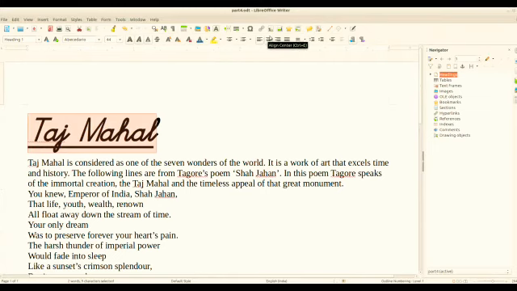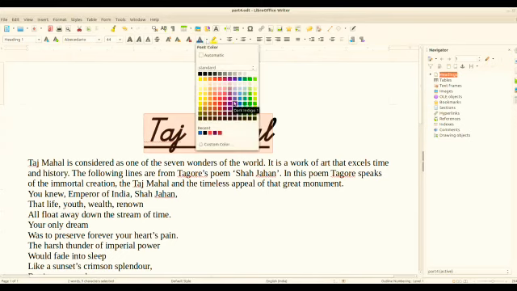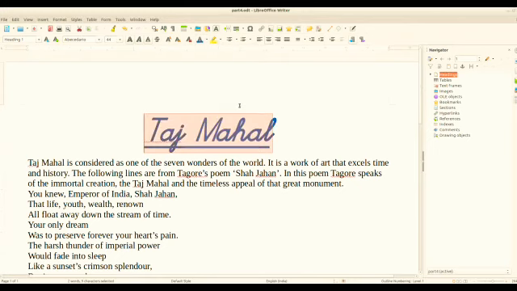Next, we already discussed the four alignment tools. By using this tool I am going to align the text as center. Next we want to give colors. Here is a font color tool. Just click here. From the list of colors we can select any particular color. Now our heading has become more attractive.